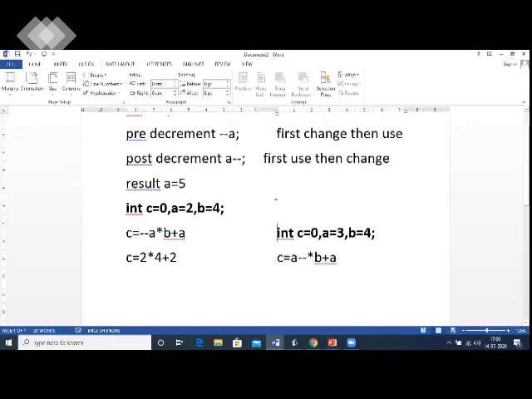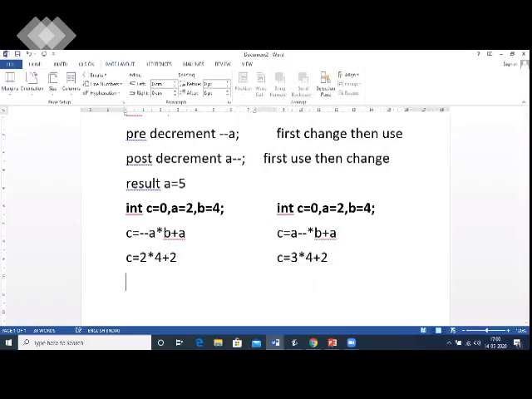But in case of post-decrement, we see over here, A's value will remain unchanged. It will come as 3. Then it will change to 2. Then it is multiplied by the value 4. Then now the new value will be used over here. So in this case, C will be 8 plus 2.